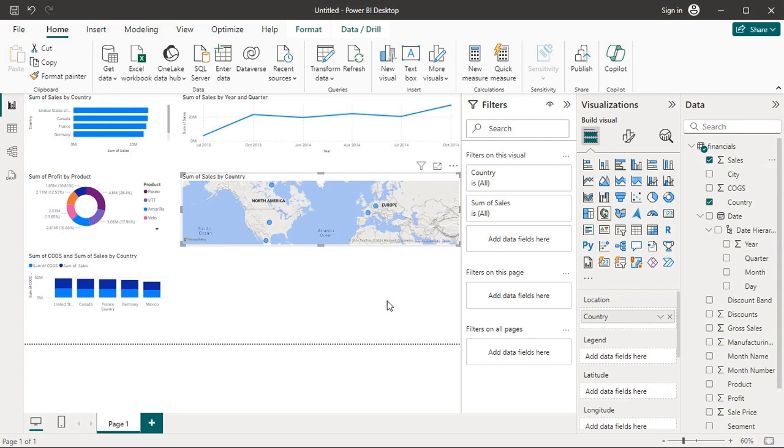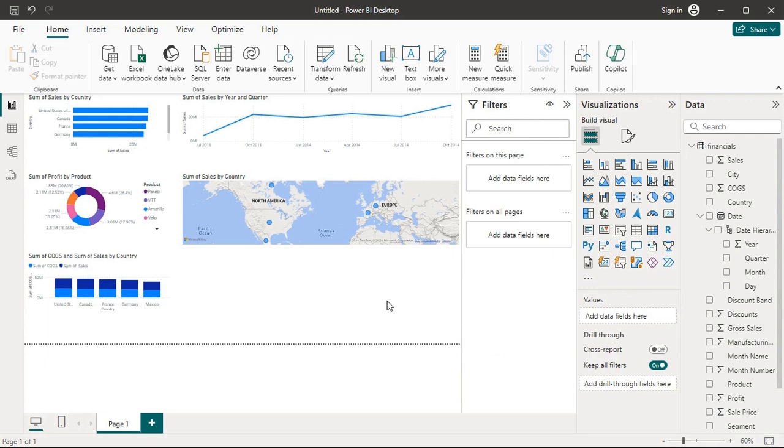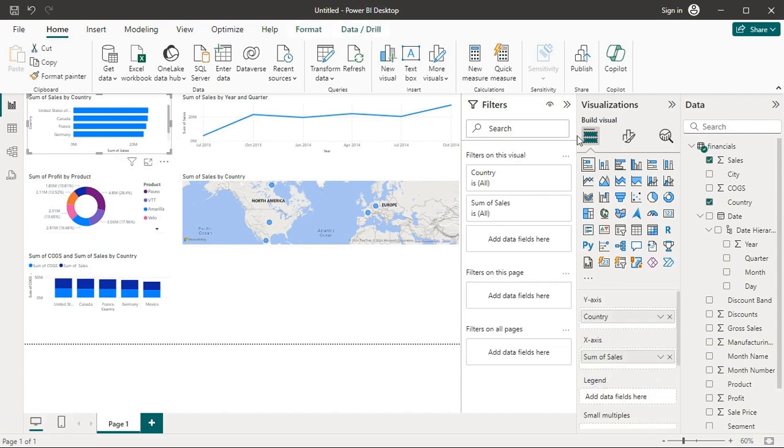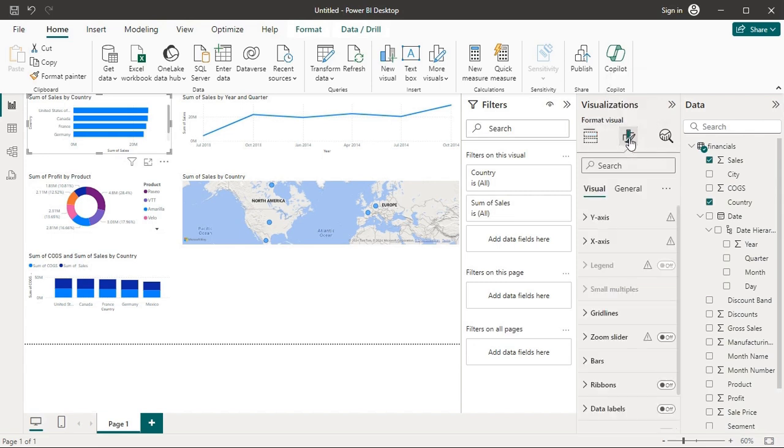Now we can also change the formatting of visuals. To format a visual, click on the visual and then go to the visualization pane and select format your visual and click on general, and here you can change the title, font color.